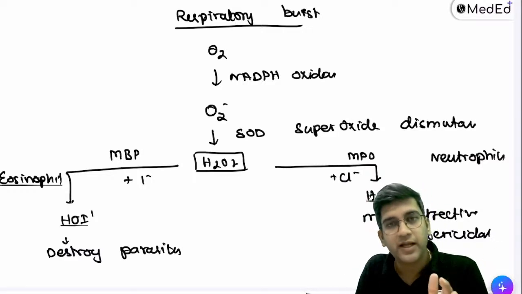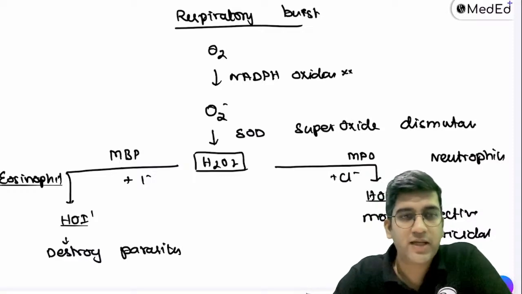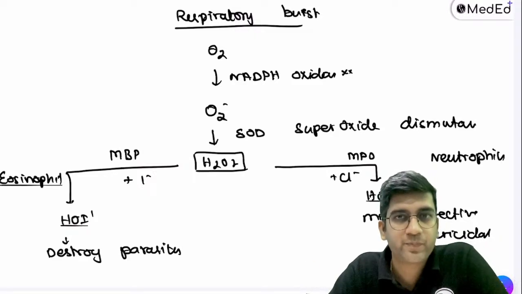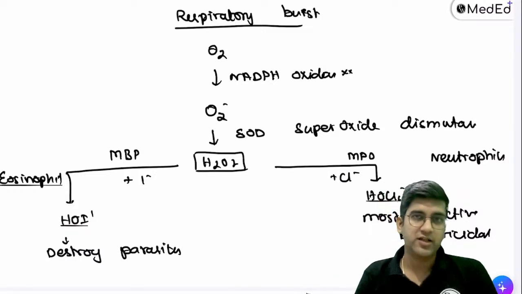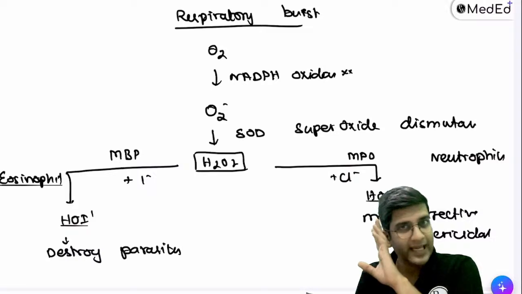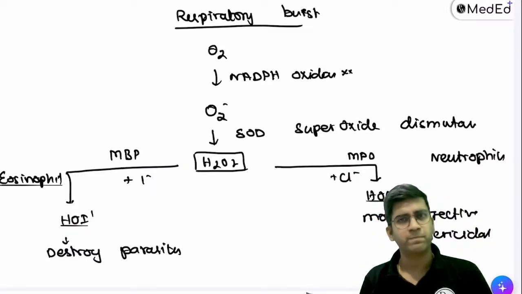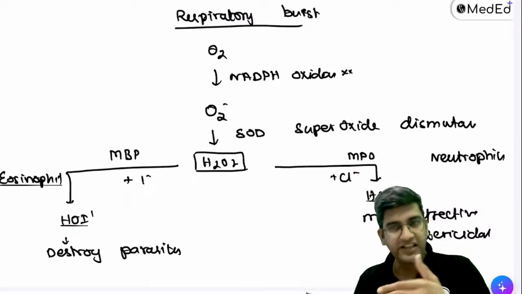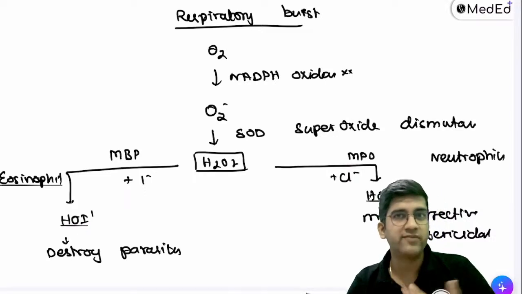Now let's see if NADPH oxidase is not present. Listen carefully and answer one by one. If NADPH oxidase is not present, do you think acute inflammation will happen? Yes or no? Genetically, I'm not having the enzyme. No acute inflammation. Perfect. If there's no acute inflammation, can I say every inflammation will become chronic? I had a bacteria, no acute inflammation, everything became chronic. If everything becomes chronic, can I say everything will be like TB? TB is chronic inflammation, right?